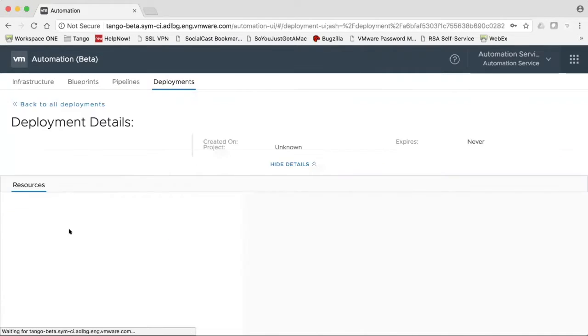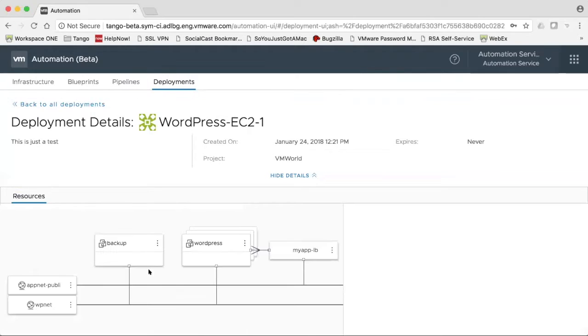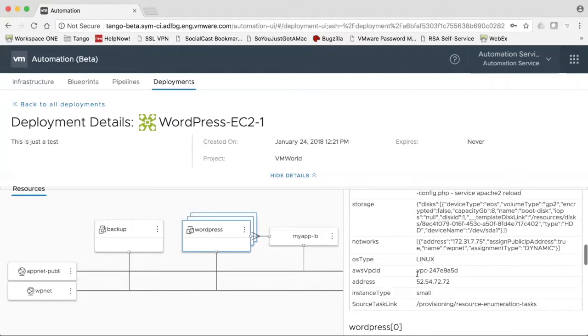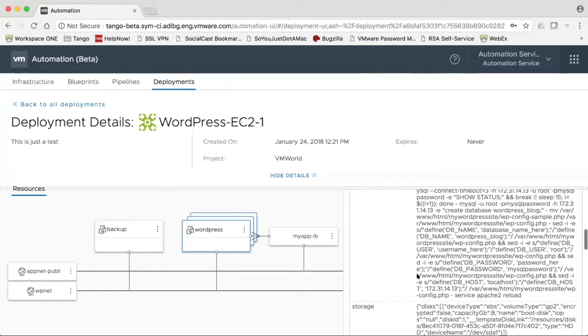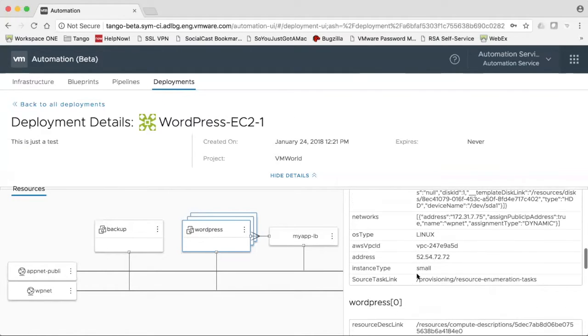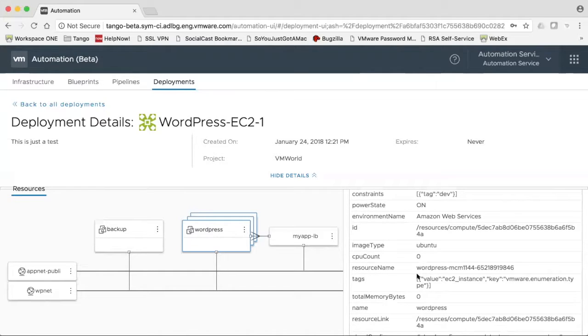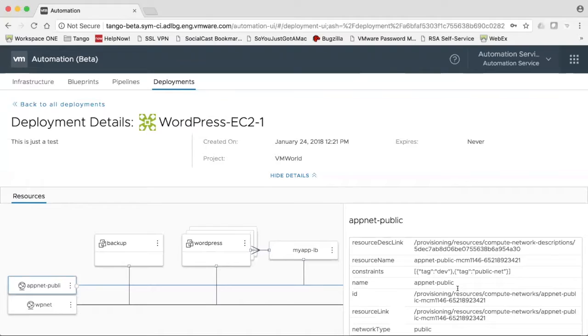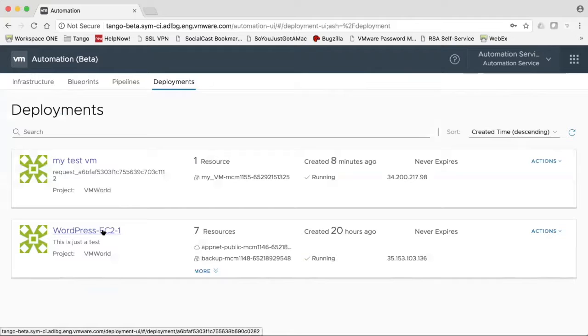And then here is an example of the 3-tier app that I just now showed you. And I have a deployment of this app. And if you look at each of the details, here are the different details of the deployment. So I will not go into each and every piece of the detail, but the point here is that it's almost like a CMDB. You have every piece, every property, every component that's available that you can actually query using your CLI or API. So every piece of information is available, right? And you can go back to your deployment details or any failure at a later point. Having said that,